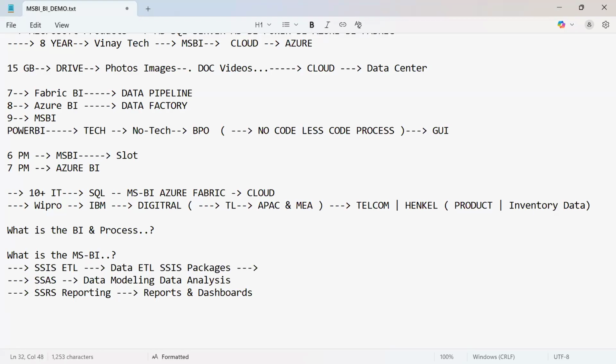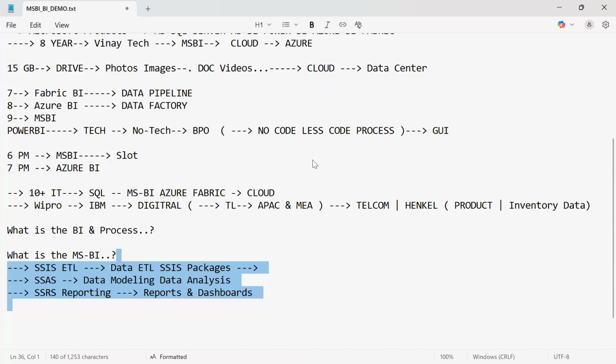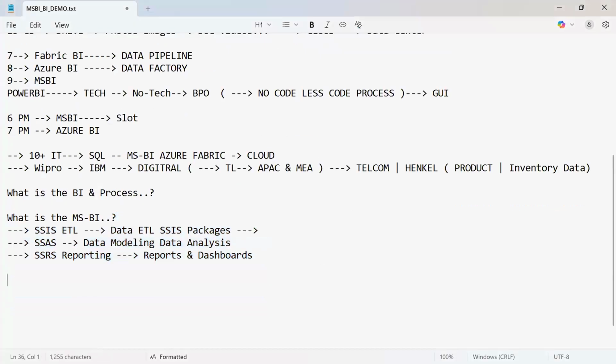There are many other concepts that we are going to cover inside these three tools. We are going to cover the end-to-end process from source to target. As a prerequisite for this course, we just require basic SQL knowledge.